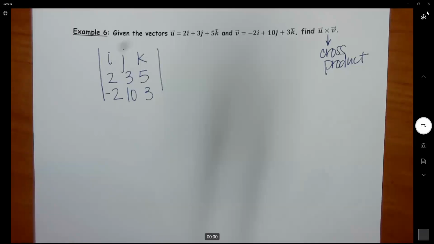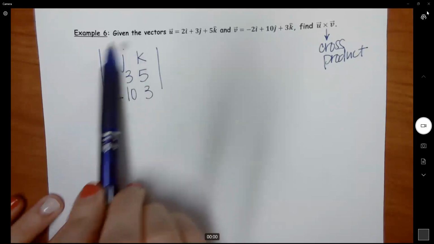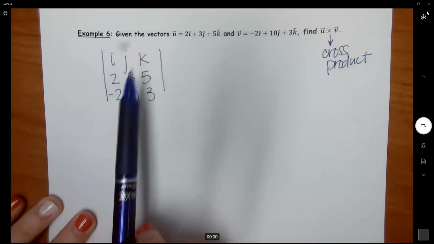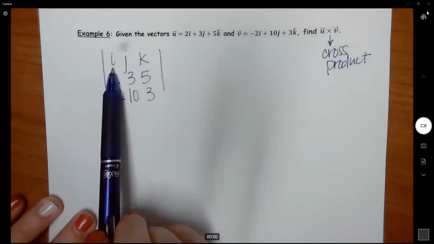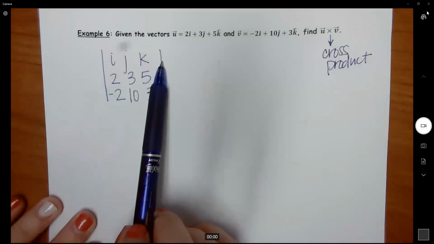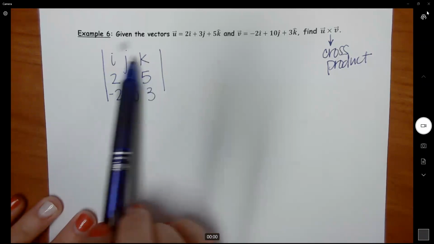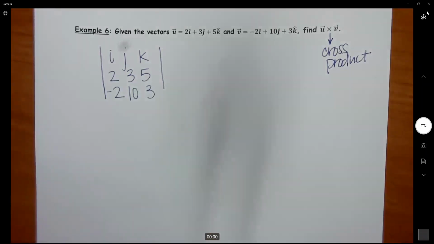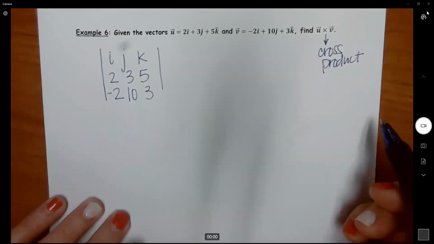Here's an example of an application problem other than Cramer's rule for a 3x3 determinant. In my math lab, you're going to be given a vector that looks like this. I think one of them is even IJK, but another one I know for sure is ABC. It doesn't really matter. You're going to have the first row here with 3 letters or variables. But the reason that we have to do a 3x3 determinant is because when you get to trig, you're going